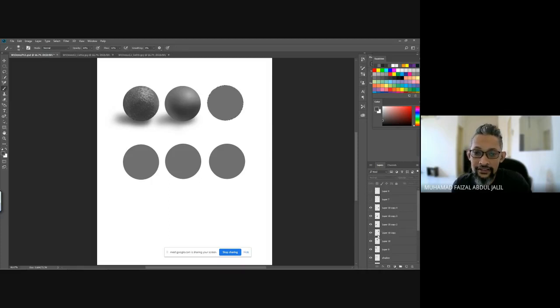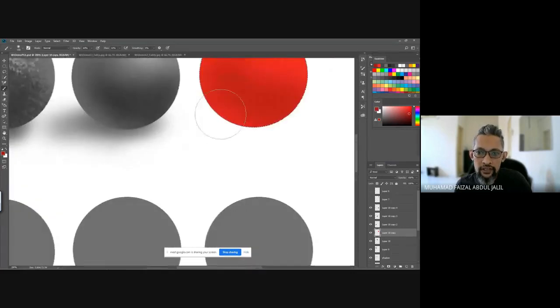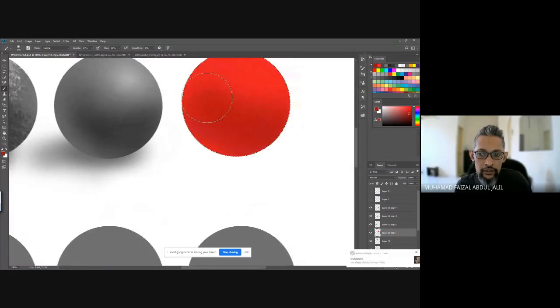You do some selections again, for example, over here. Let's just say you're going to change the color to red, and then change the volumes of tone. The cast shadow, the reflections, the light over here can also appear here. So when you paint it up,